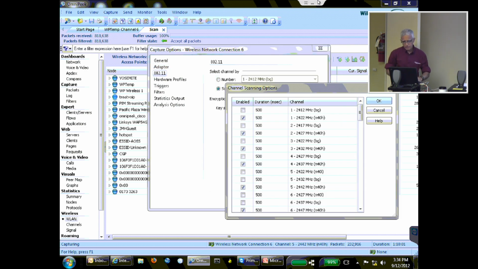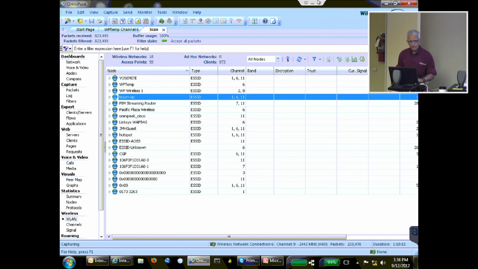So you can see I'm actually scanning on the N channels 1 through 11. I just limited to that because I knew we were going to have a BG network in here. I could have gone A channels as well. I did that strictly because I wanted to get a feel for what was in the room. And I've simplified the view for now to just all of the overall nodes that we're seeing,